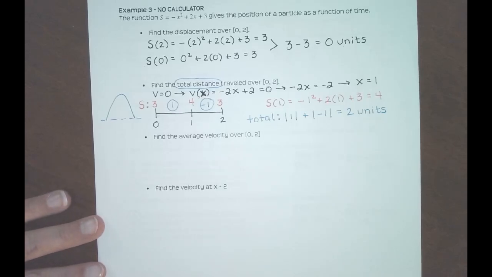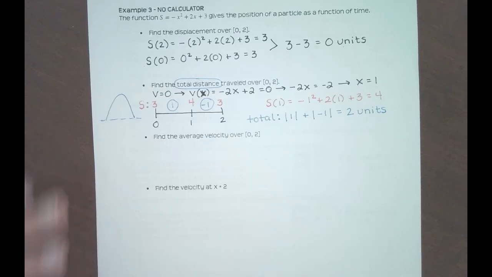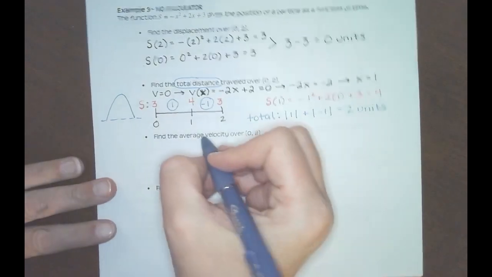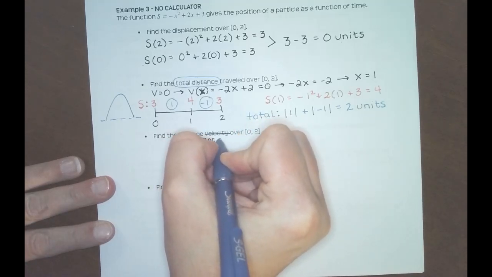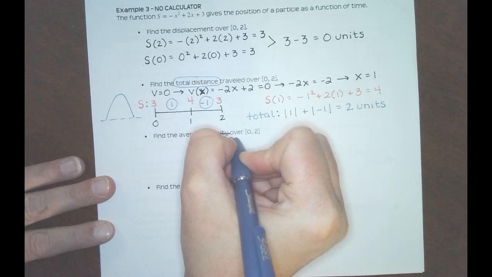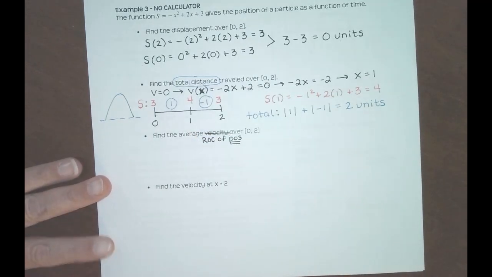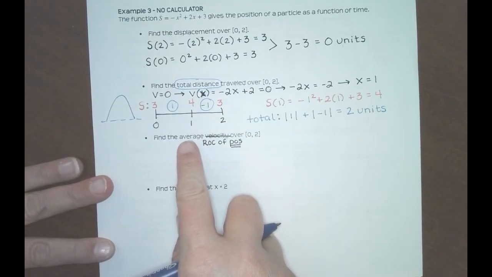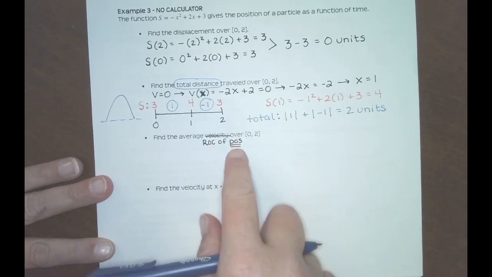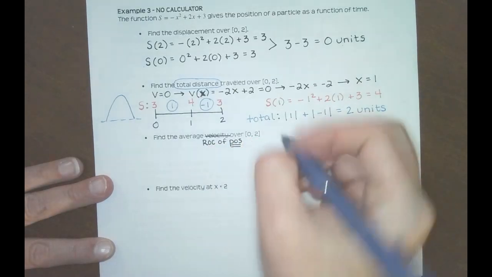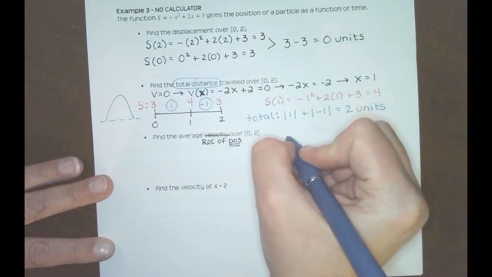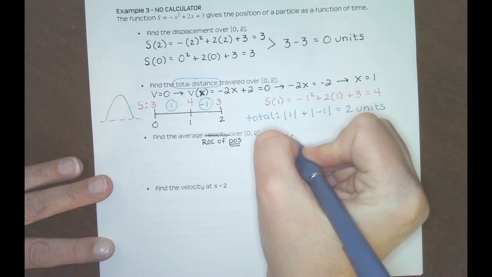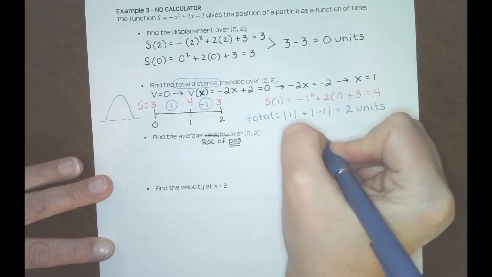Okay, so now average velocity. And I would really encourage you to do this exact thing I'm about to show you every single time I ask you this question. Average velocity. Velocity is rate of change of position. Okay. So what I'm really asking for is the rate of change of the position function from 0 to 2. We actually should already know the answer to this based on this up here, but we'll figure it out. So I would do s of 2 minus s of 0